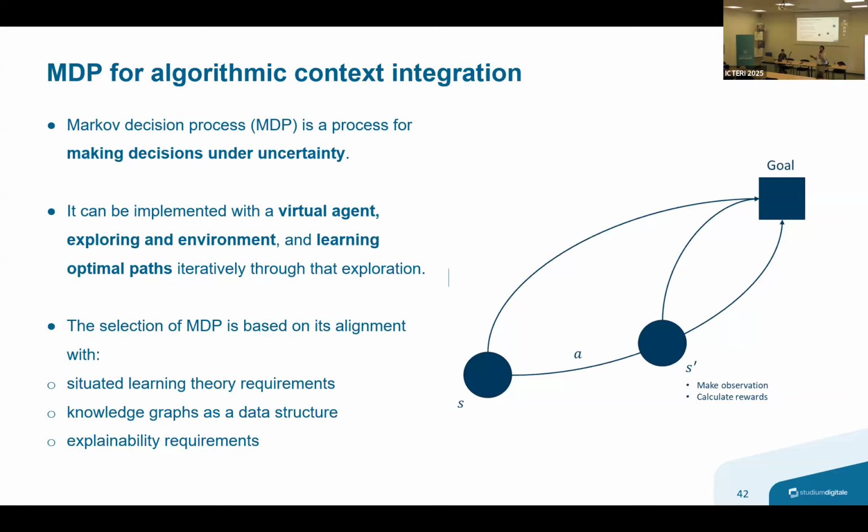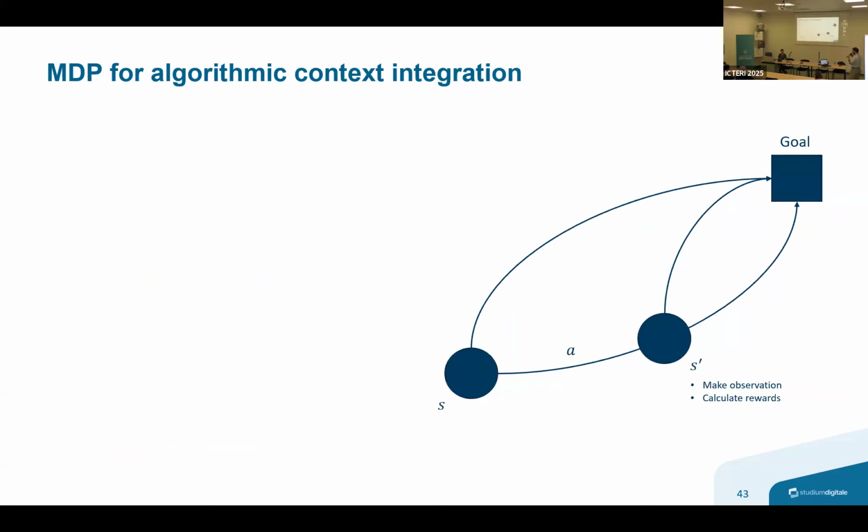And as a virtual learner explores potential paths in this network, it gives them ranking. This path led me more quickly to my goal. This path led me more effectively to my goal. And then quickly or effectively are the factors that we use to actually give weights and importance to the different paths. And we use them to personalize. So we remember we had the three factors: background knowledge, preferences, and time. And these were our weighting factors, by which you reach your goal based on the background knowledge, based on the time and your preferences. And we developed a function that actually embeds those factors algorithmically in the reward function of this